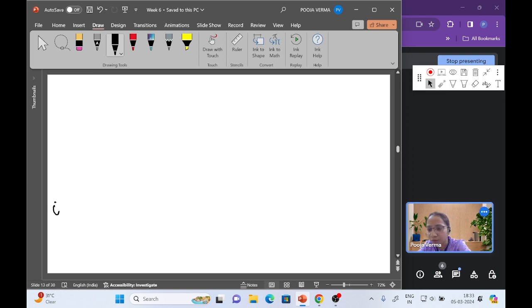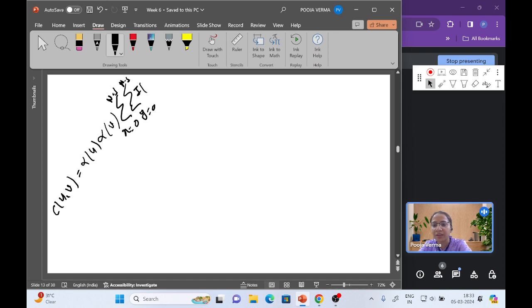So we know that C(u,v) is alpha u alpha v summation x varies 0 to n minus 1 and y also varies 0 to n minus 1, I(x,y). Then after that I am writing here